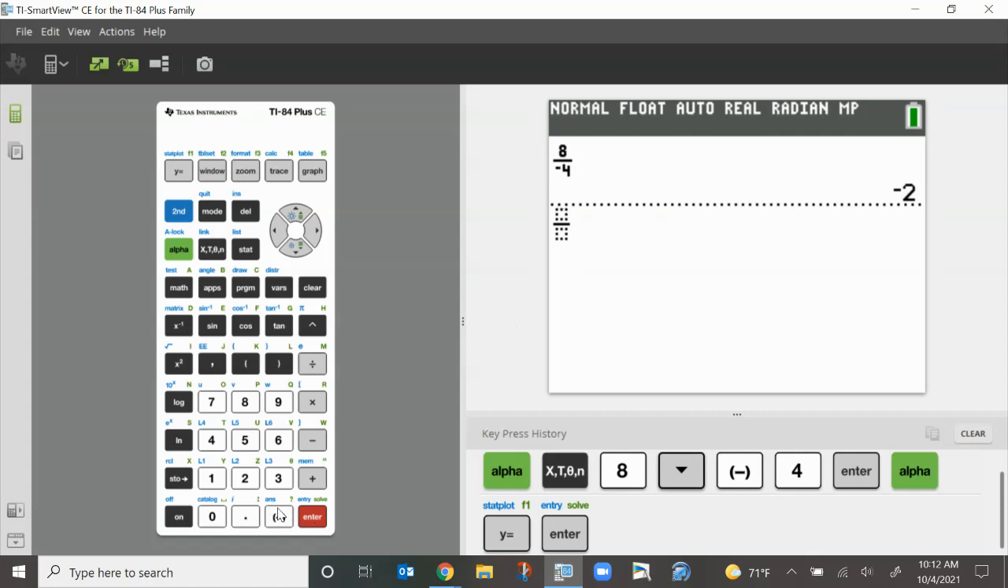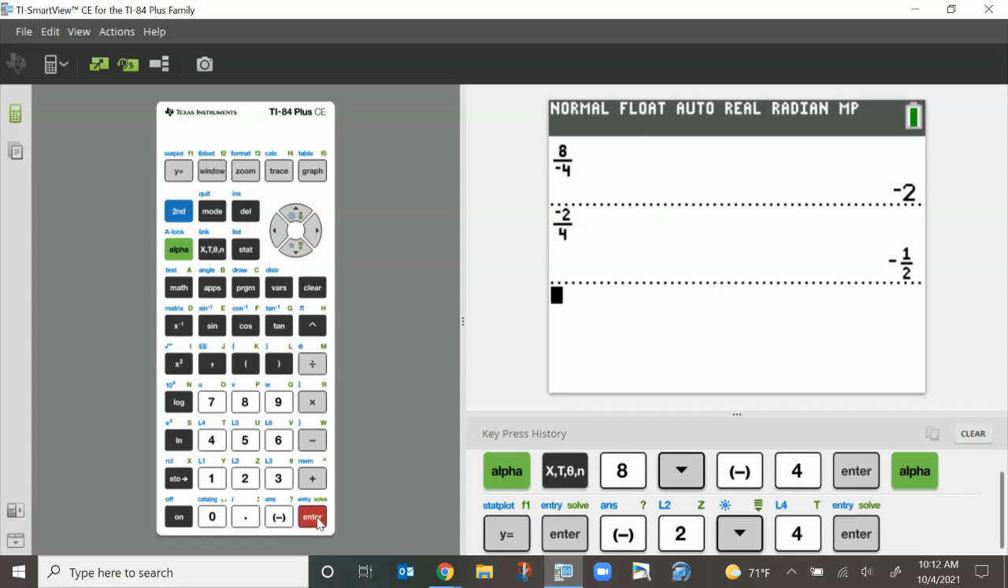Let's try a different slope. Let's say my slope that I got was -2 over 4. If I hit enter, -2 over 4, then that simplifies it to -1/2. So if you have a fraction that's not an improper fraction, it will even take that fraction and simplify it for you. So that's another quick and easy way to simplify a fraction